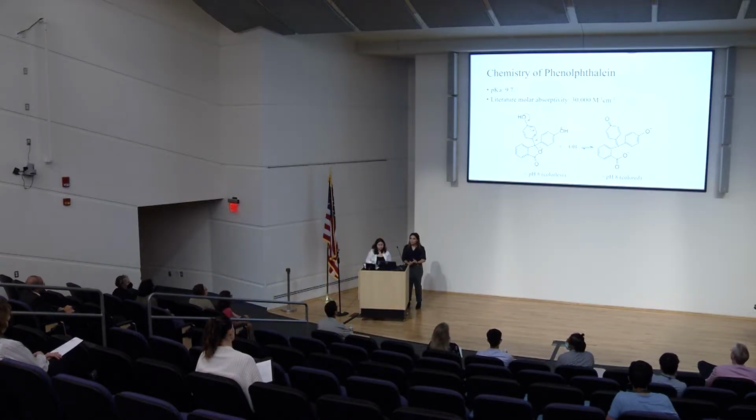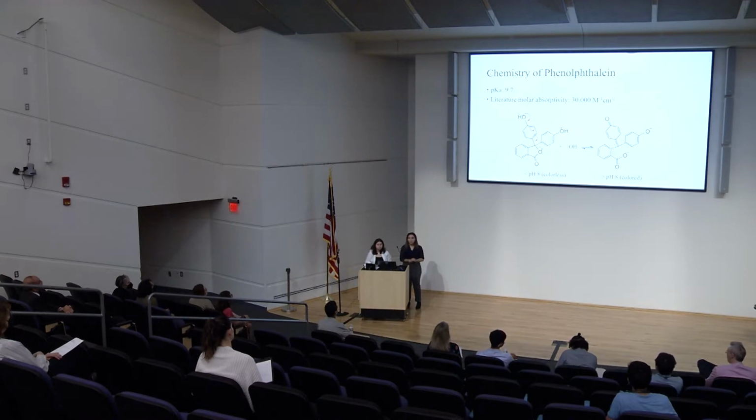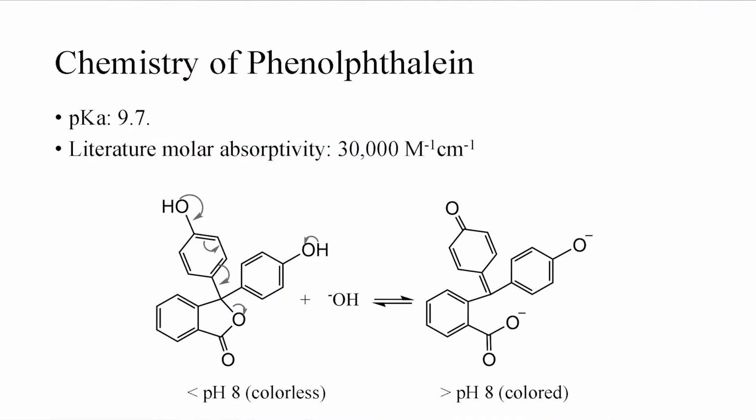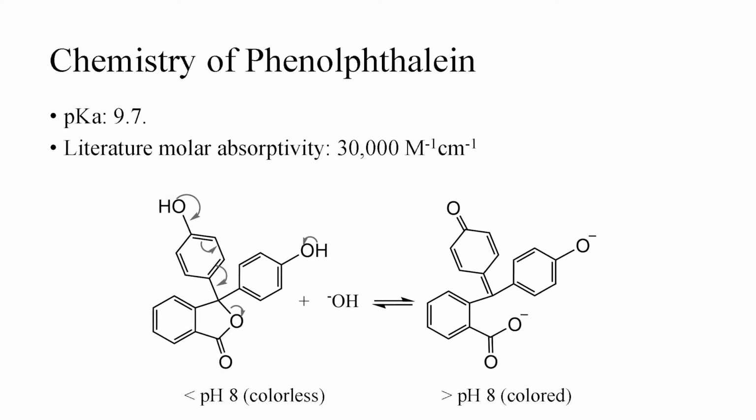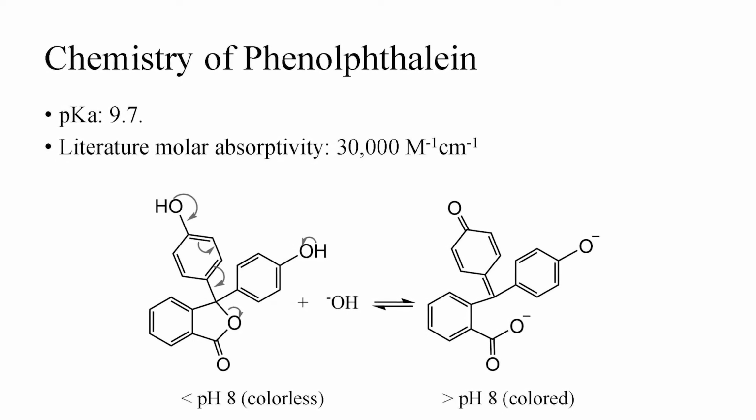It's going to increase the solubility in its interaction with water. And in here you can also see the pKa, it's going to be around 9.7, very standard for this type of pH indicator. And the molar absorptivity, which is just how much light it can absorb,